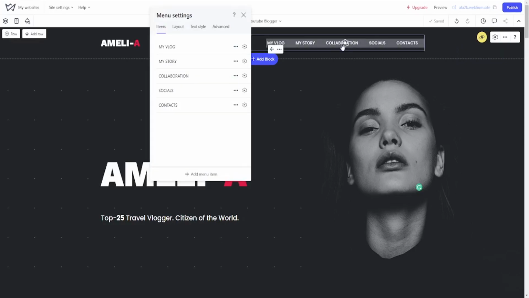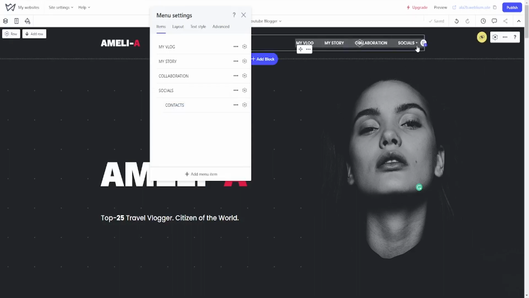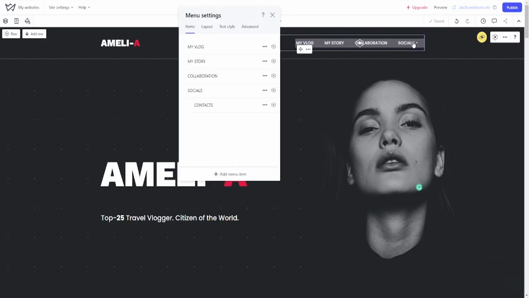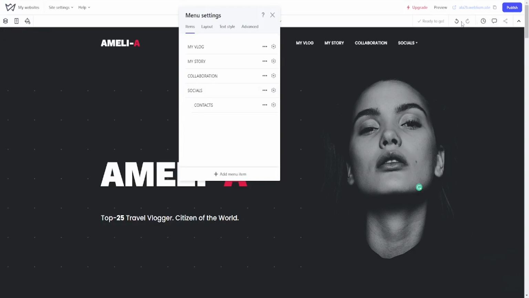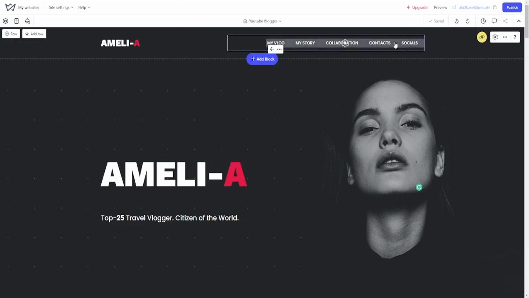The menu, which you click on, and this is how you edit your menu. And of course you can move the menu item, and you also make it a sub menu. So now it's a sub menu. It will appear on pull down, but it will only appear when it's actually previewed. There is a undo, so you can undo what you've just done. And when you click on your menu,